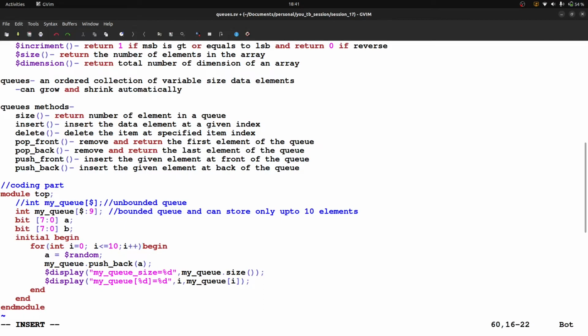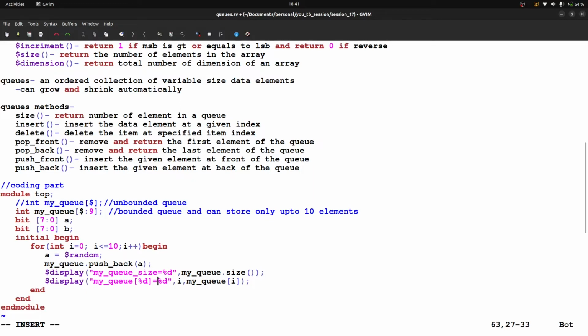That's it. Now when the size of I is 0, it will print the value of 0 index, equal to %d. This %d will take the value from my queue of I. So here, the I index value, let's say the index value is 0, it will give the data from that 0 index and put it here. So that is the way.